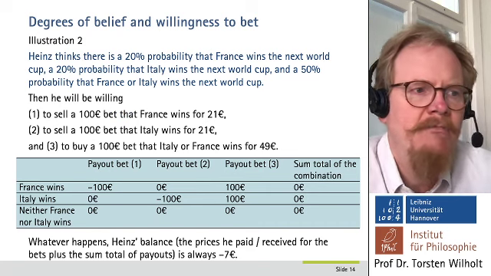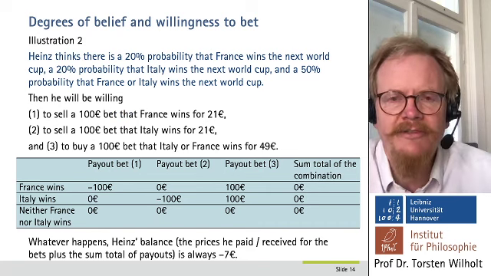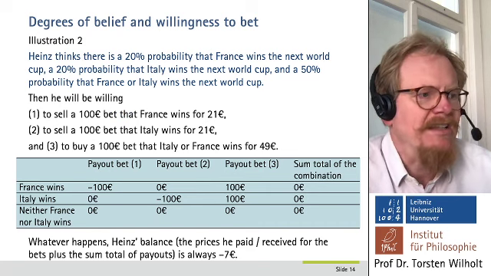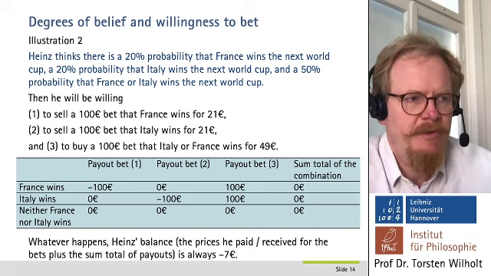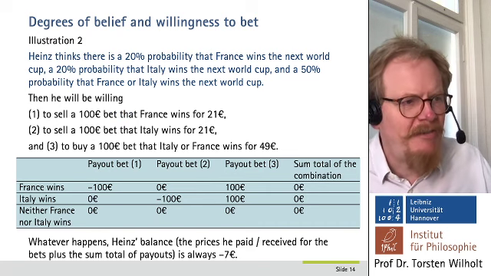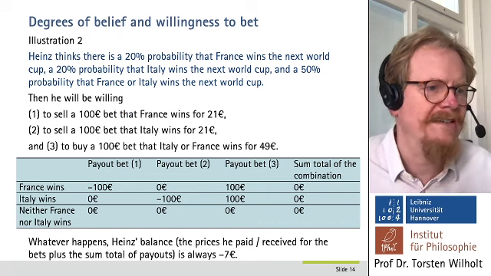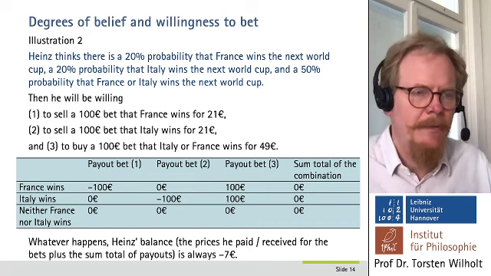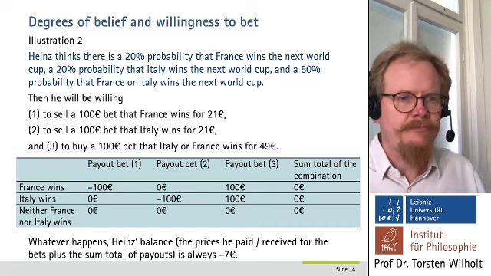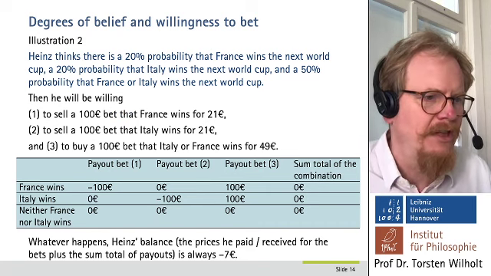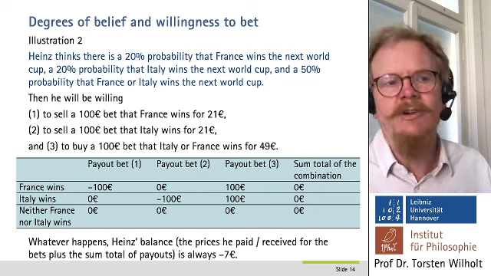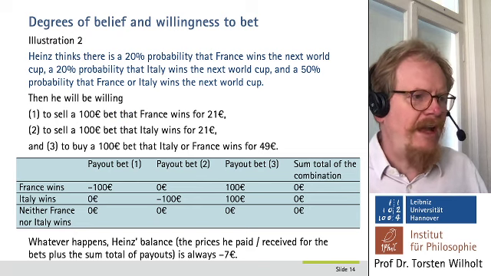where you start from a number of constraints that a mathematical function has to fulfill in order to count as representing a particular kind of property or relation. So you number certain constraints. And then you go on to construct a proof that only one particular mathematical function satisfies all these constraints. Or, as is more often the case, that every function that satisfies all these constraints is isomorphic to a particular mathematical function. And several representation theorems of this sort that aim to show that degrees of belief ought to be represented by a probability function or a function that is isomorphic to a probability function have been constructed over the